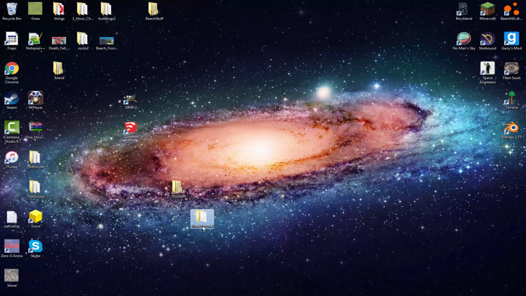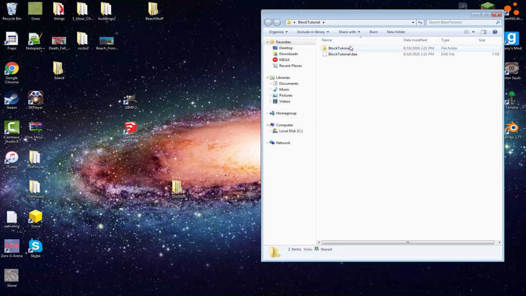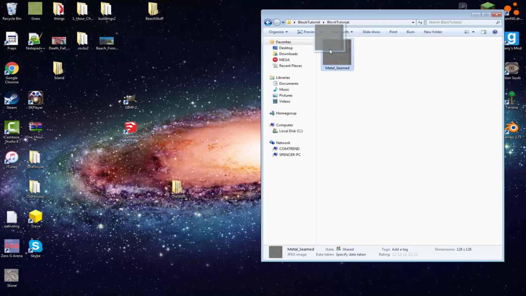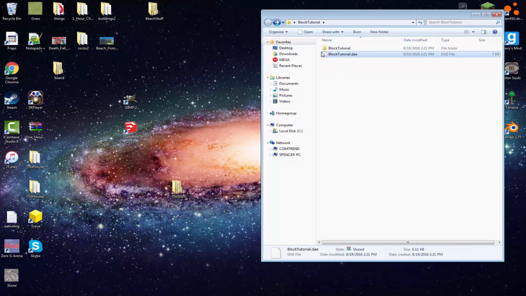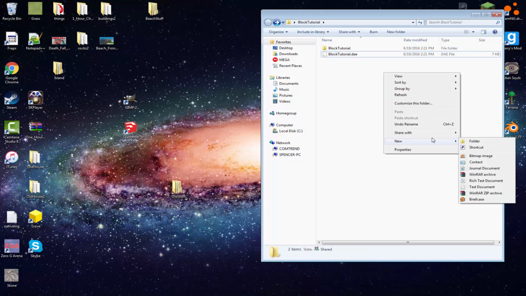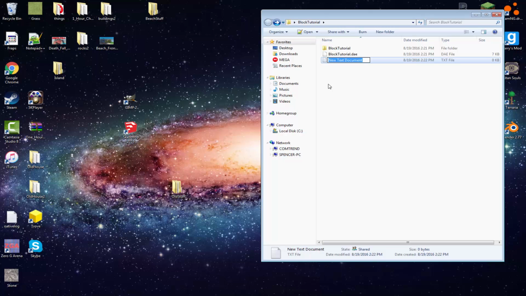Block tutorial. There you are. So now what you want to do with this is open it, and this is the textures file of the metal seam, and this is the actual 3D model info. So what you want to do is right click and hit new, and go to text document and type in